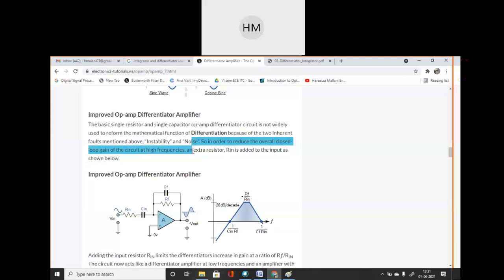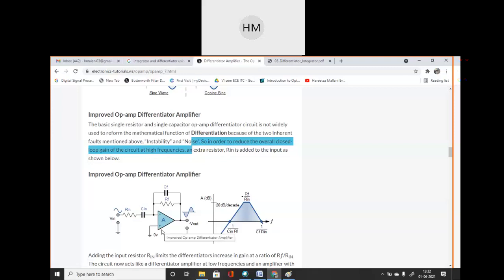So what I will do, I will add one extra resistance at the input side, which is shown over here. In the next circuit, you will see the practical improved operational amplifier differentiator circuit, which we will use to perform in the lab. Okay, the basic one was the ideal circuit, which just gives you the concept of how I can get a differentiation of the input signal by connecting, in place of R1, a single capacitor, but that circuit has some problems of instability and noise. So we are shifting towards the improved version of the differentiator circuit.